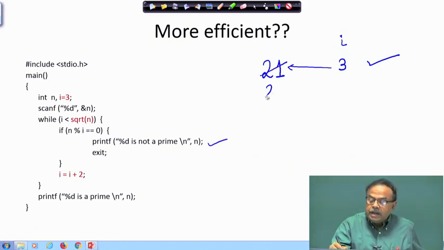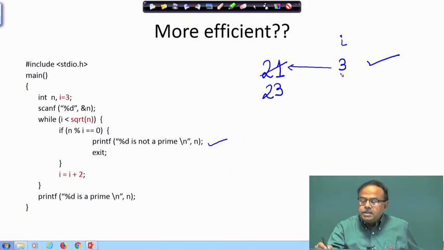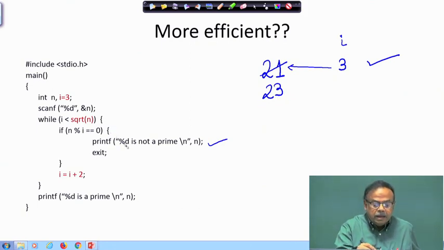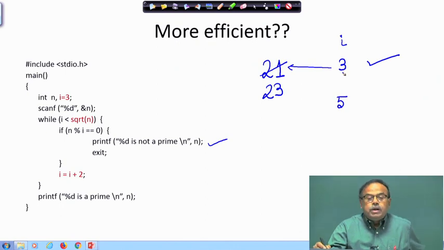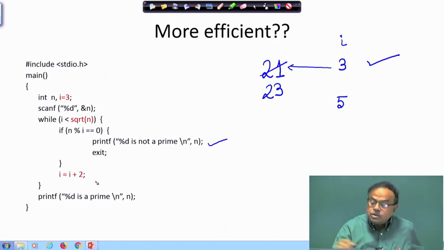But if instead I had 23, then what will happen? I start with 3, it does not divide, then I make it 5. If something is not divisible by 3, I just go by one more, I come to 5, it is not divisible by that.